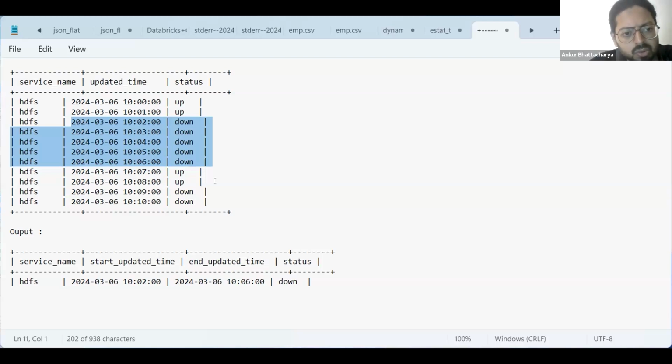Okay. You can understand the problem, right? Because if you see below, HDFS is down again, but it was down from 10:9 to 10:10. So it's down for only 1 minute, so we are not putting that record in the table. Right. Yeah. Okay. In this particular problem statement, I can use the lag function also to check